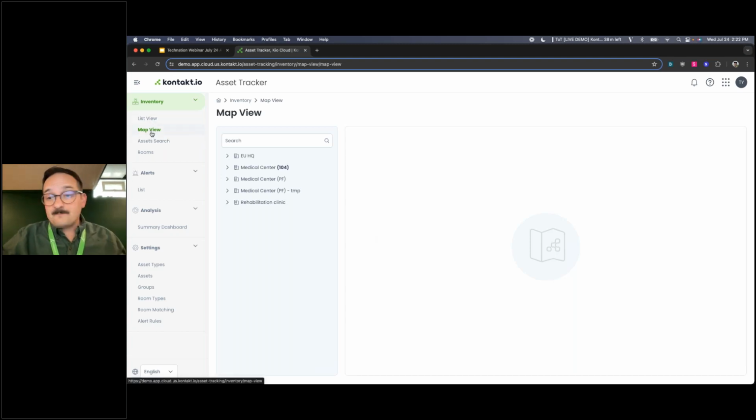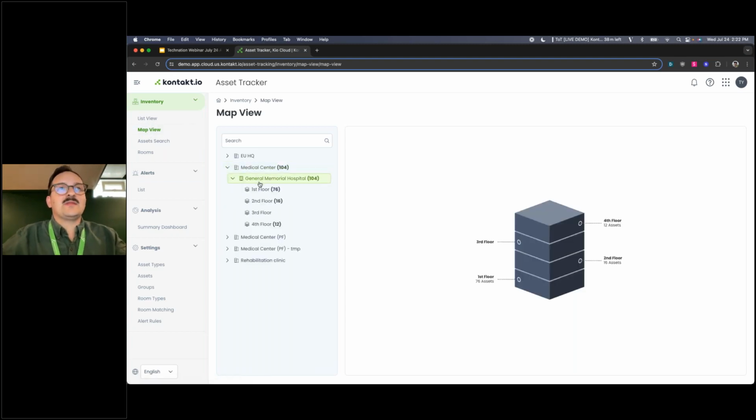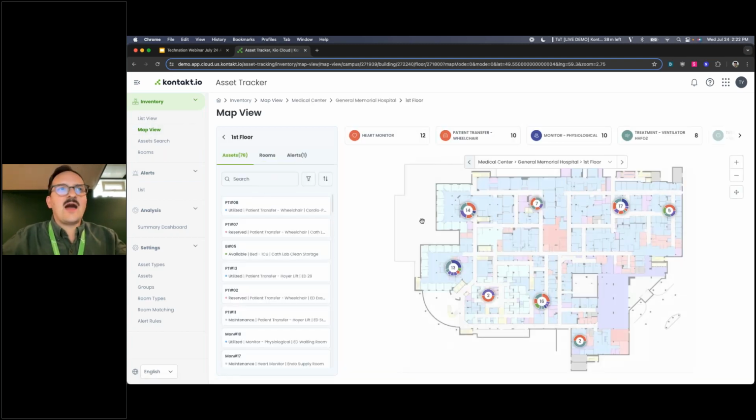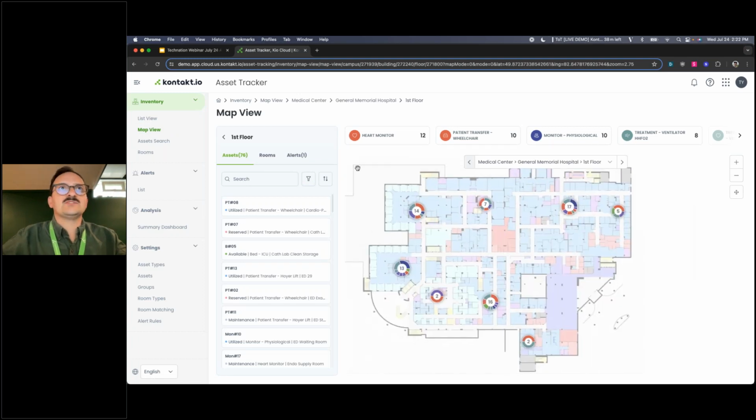Everyone loves a map view. We want to be able to look at a floor plan and see where something is. And if I dive down into a location, I just went quickly down to our first floor, I get a screenshot or a nice little overview of where things are. And I've got them summed up in areas so we don't have this crazy cluster of information. And I can search in here if I'm looking for a specific patient transport bed,